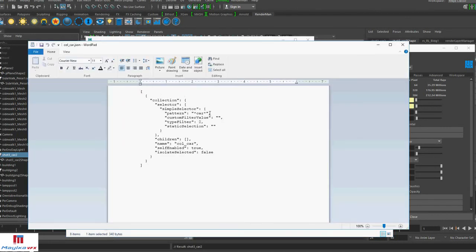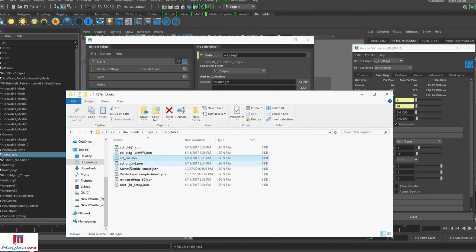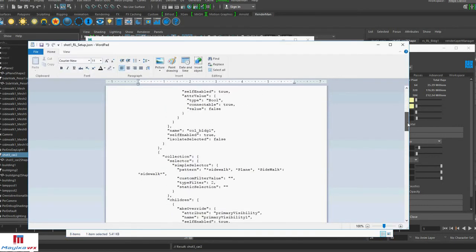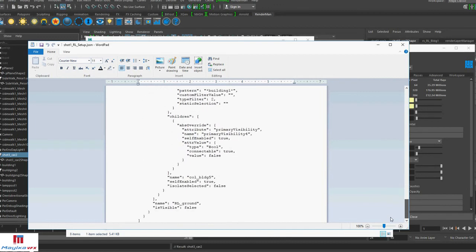This is how it looks, and this saves all the filters and patterns as well. We can edit JSON file here as well, or else we can edit in Maya and we can resave or overwrite any collection or any setting. So if you see, this is a big one in which we have different collections and patterns.